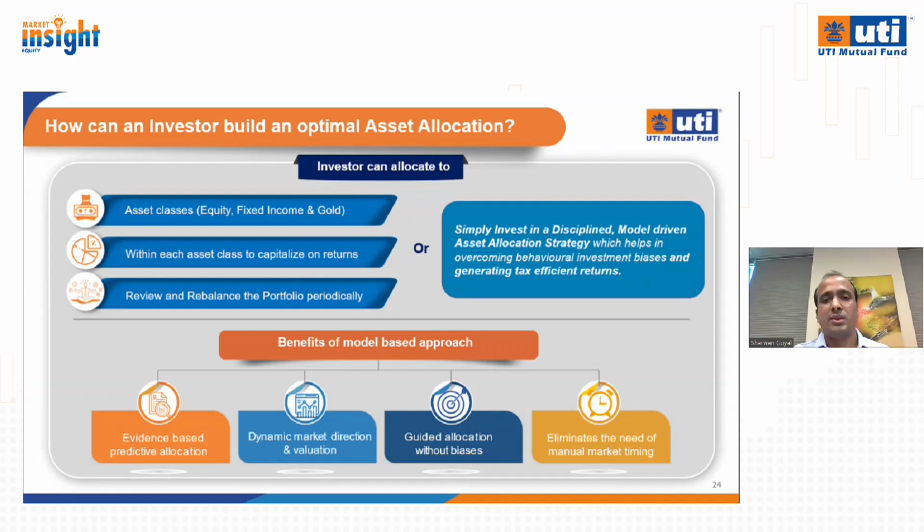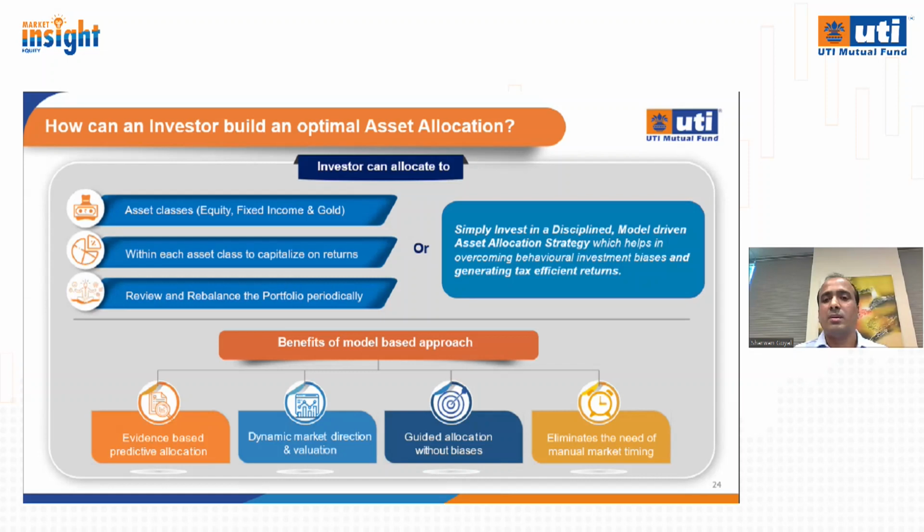They can do asset allocation on their own, which means they have to go through the tough process of selecting asset classes which can perform well for them. At the same time, they have to keep rebalancing the portfolio on a regular basis, because if you don't rebalance, your allocation to a particular asset class could be much higher than what you initially intended. But asset allocation at the investor level is easier said than done,